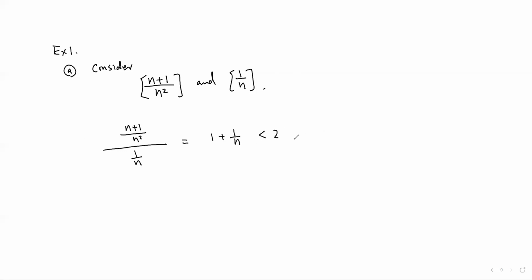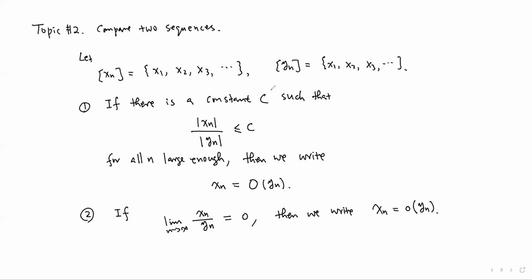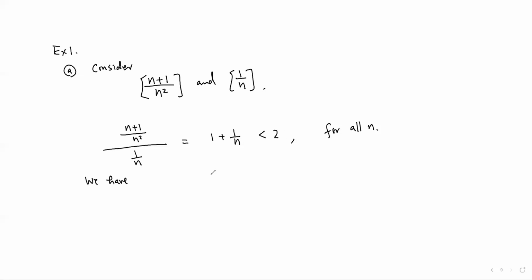This inequality is true for any n, not just n large enough, for any n. So by the big O notation, if we can find some constant c so that this is true for n large enough, then we have big O. The constant c now is 2. So therefore, we can write that (n plus 1) over n squared is big O of